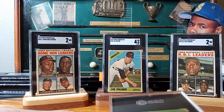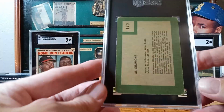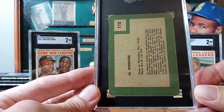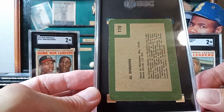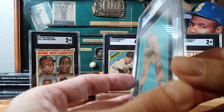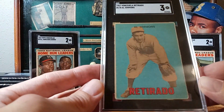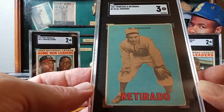All right, so, wow. Yep, I guess we'll go with the Al Simmons. So the Al Simmons, very, very nice. Very clean back. No paper loss, once again. So 67 Venezuela, Al Simmons. This guy was a monster, an absolute monster. His statistics are just absurd,